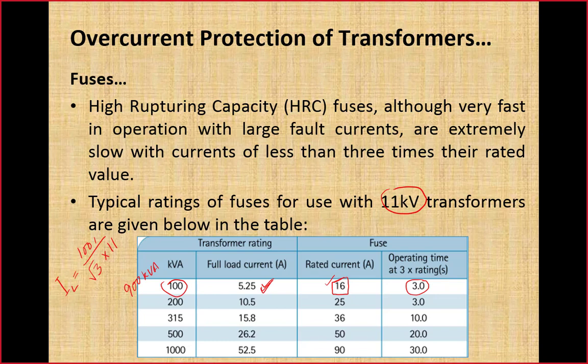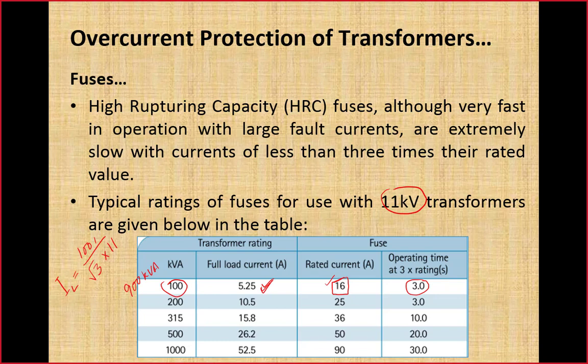Whenever a fault occurs, this fuse will operate in a much shorter time. It could even provide protection within a half cycle of the current. We have seen that in the discussion of the current limiting fuse, how the current limiting fuse limits the fault current to the let-through current. The same is the case here. Its operation is much slower for even currents greater than 3 times its rated value, but at the same time it has very quick operation against high fault currents.